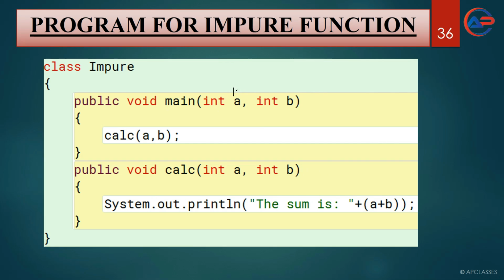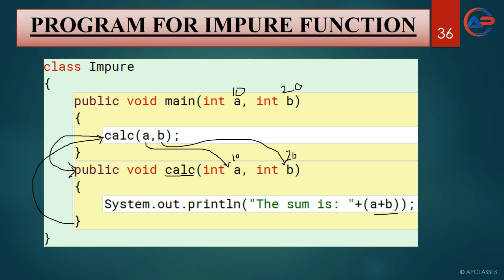You can see that we have a method here, that is the main method. Let's assume once again the value of A is 10, the value of B is 20. Here you are calling a method, that is calc. When you call the method calc, the control will come to this place. The value 10 will get stored here and the value 20 will get stored here. Now you are printing the value of A and B, that is 10 and 20, and when you return to the same method, you do not return anything. And why are you not returning anything? Because the void data type is written here, the return type is void. This is the example of an impure function.